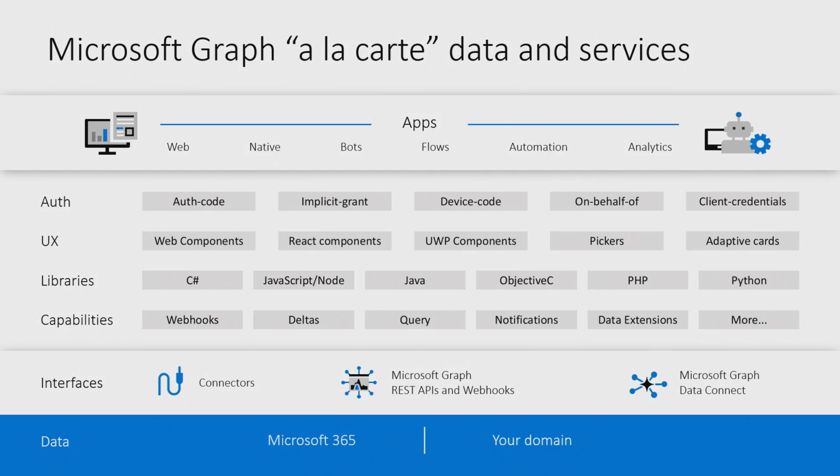So like you're saying, we're embracing all types of applications, all types of developer technologies, and we're trying to provide a set of, like I'll say, a menu that developers can come and pick and choose that will help them build their experiences on top of the Microsoft 365 platform. And that menu is across many different layers. So for example, if you're building a web application, we have UI components that you can use for React and for UWP. We have adaptive